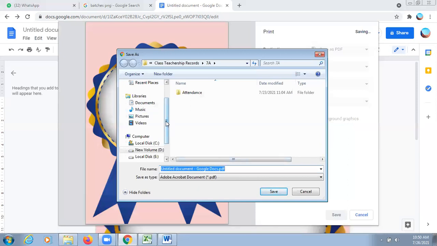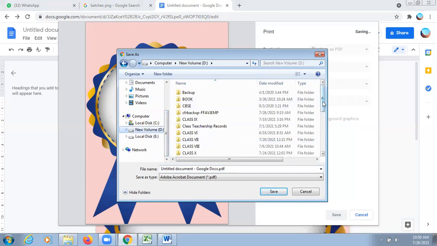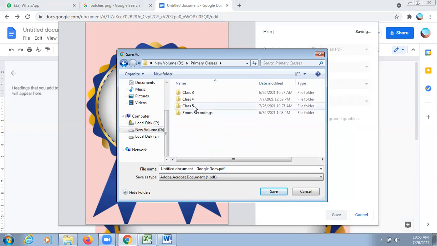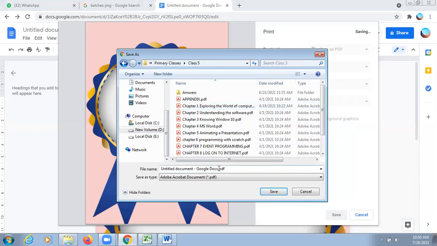So right now I am choosing D drive, class 5th, और हमने बनाई है widget in Google Doc.